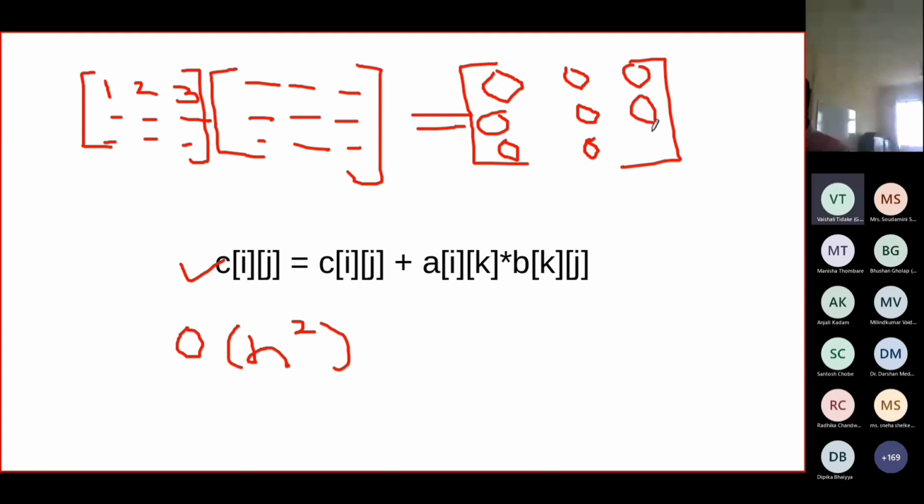So the first option is you can use n square threads, one thread for each element. One thread is going to calculate C00, another thread will calculate this one, another thread will calculate this. So parallelly you can